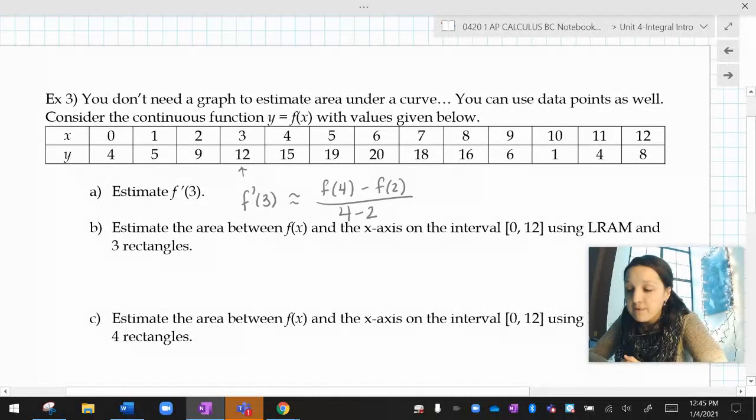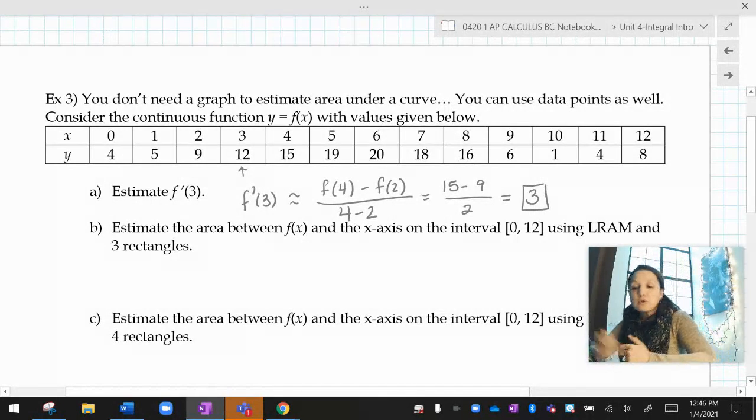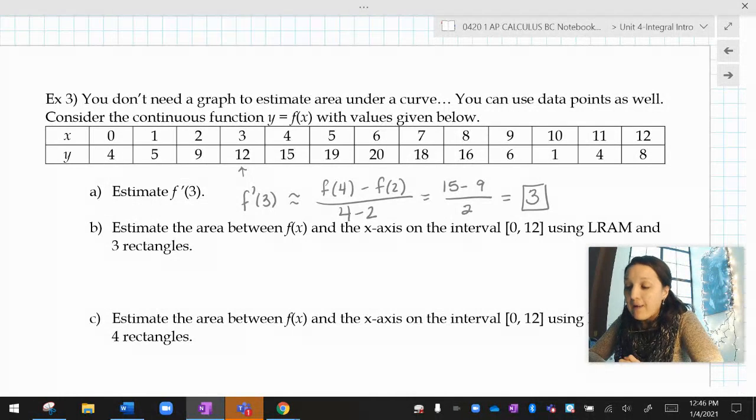f of b minus f of a over b minus a. And so in this case, that's going to be 15 minus 9 over 2. 15 minus 9 is 6. 6 over 2 is 3. There's a great estimate for f prime of 3. Fine. Estimate the area between f of x and the x-axis on the interval from 0 to 12 using LRAM